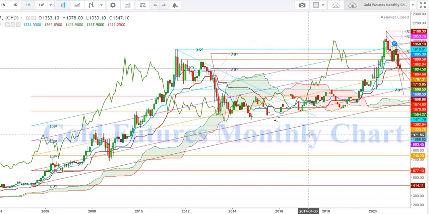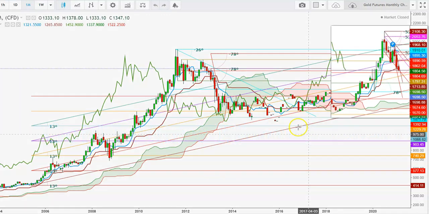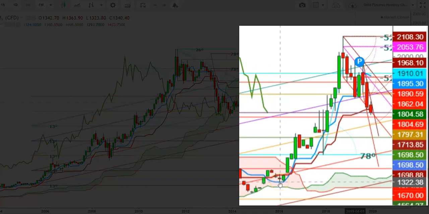So let us start the day to analyze the movements of gold futures in a monthly chart here. So friends, here you can see how the gold futures started an uptrend after the formation of a bullish crossover in a monthly chart during the month of July 2019. The gold futures started an uptrend from the levels of $1339 that they tested during the month of May 2019 and tested the highs of $2024 during the month of